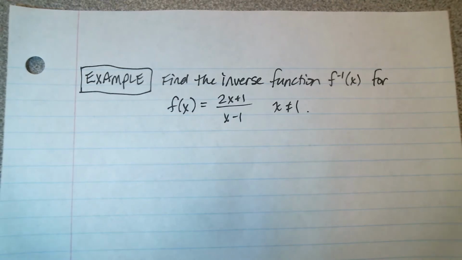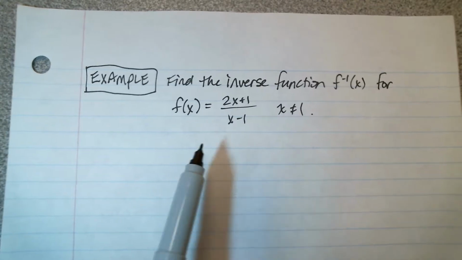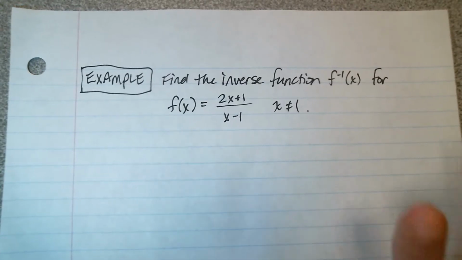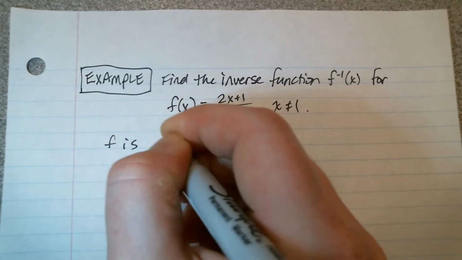In this example, I'm going to show you how to find the inverse function when you're given the equation of a function. So first thing off the bat, make sure your function is 1-to-1 before you proceed. If your function is not 1-to-1, then this is pointless. So I have already verified that this function is 1-to-1